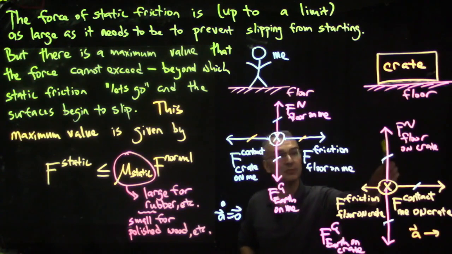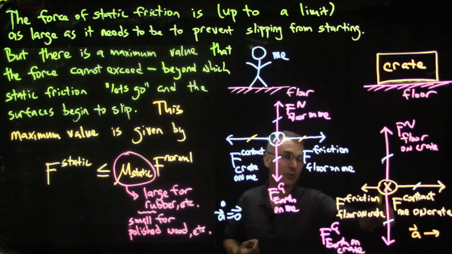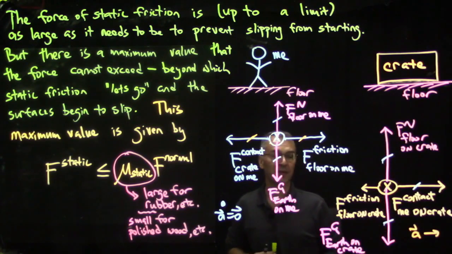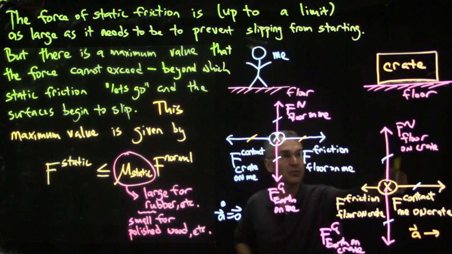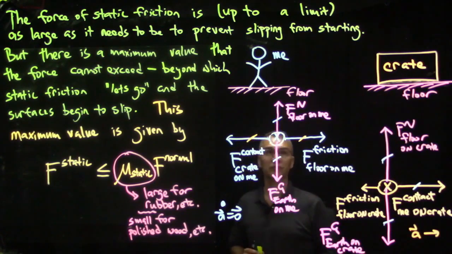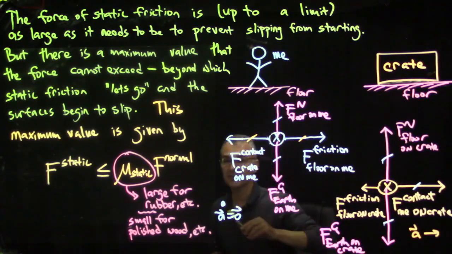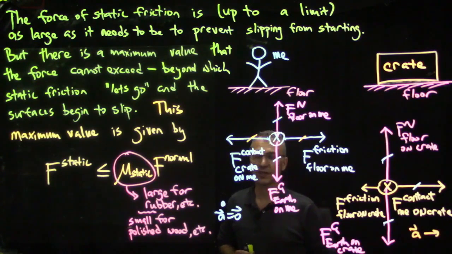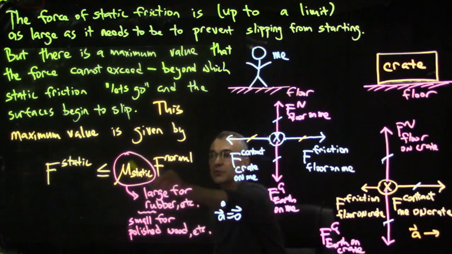In fact, the way we've drawn things, I decided, well, what the heck, let's draw it so that the crate has a slightly bigger mass than I have. So the normal force between the floor and the crate is actually bigger than the normal force between the floor and me. But let's say I'm wearing rubber-soled shoes and the bottom of the crate is some kind of nice, smooth, polished wood. So what allows the frictional force exerted by the floor on the crate to let go when my push becomes too big is this coefficient mu static, the Greek letter mu, which